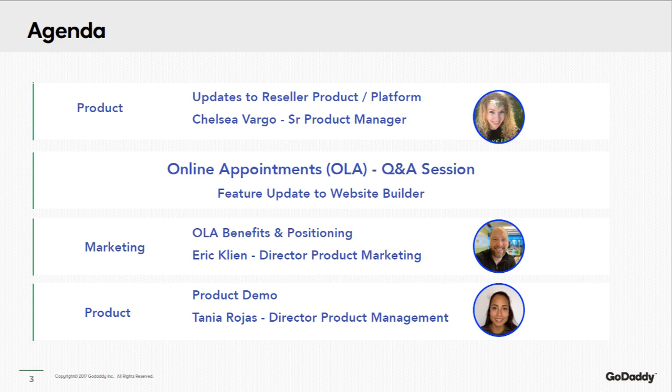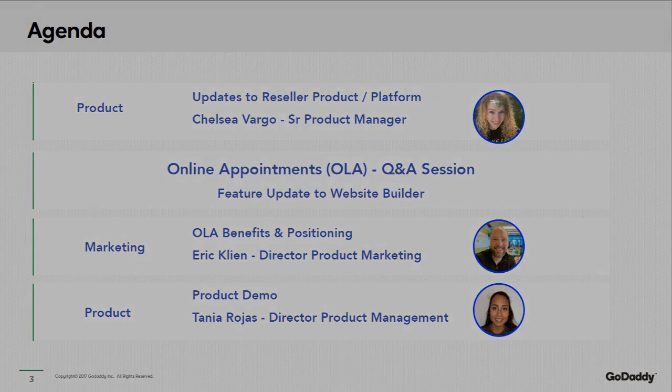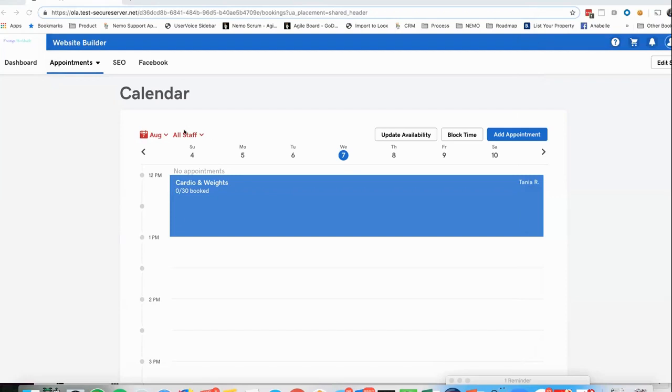So I see there's some more questions. What's the limit to managing employees with a single calendar? You can manage up to 10 employees, and I can show this to you again. You will be able to see a view within online appointments, a view of all of your employees'